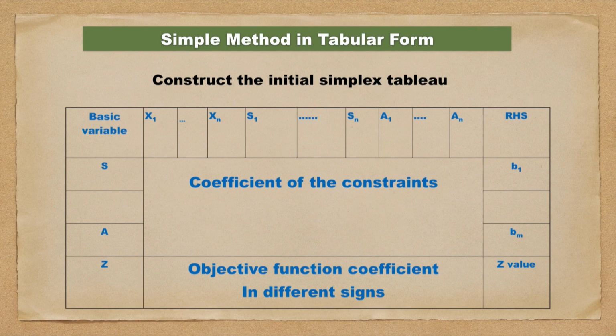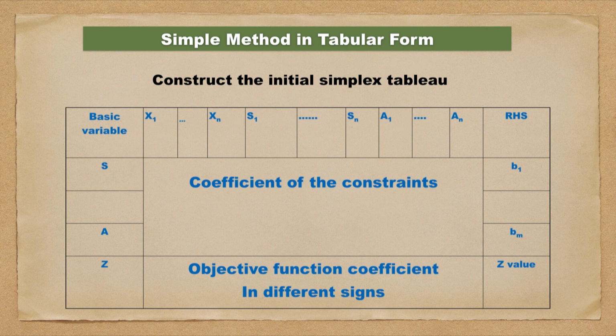This is the simplex method in tabular form, and it differs from author to author or expert to expert. Usually we have this format, and we can use a simple form of this table also. Here you can see in the first part these are the basic variables. We write basic variables and corresponding to them their cost, and in the upper part we use the variables like x1, x2, slack or surplus variables s1, s2, sn. A1 are artificial variables which we use when we have a constraint with a greater than or equal to sign or equal to sign. So, we will discuss that later on.